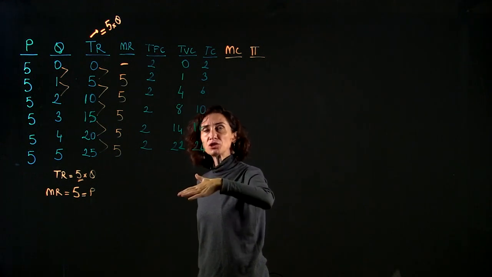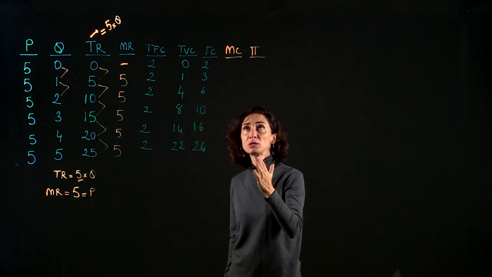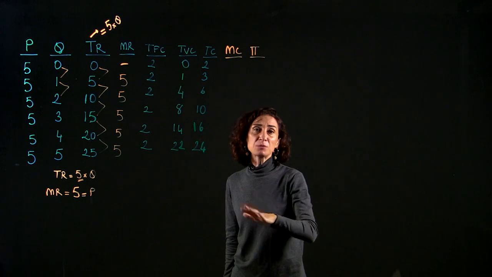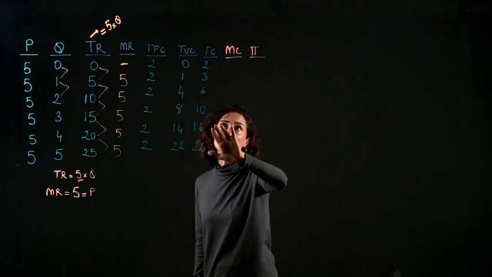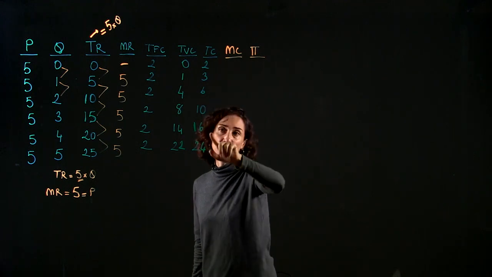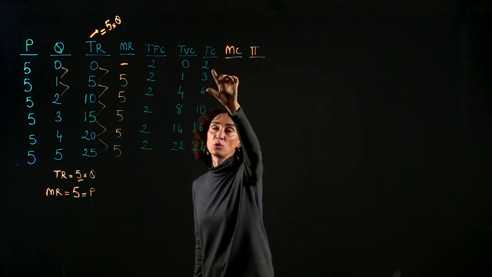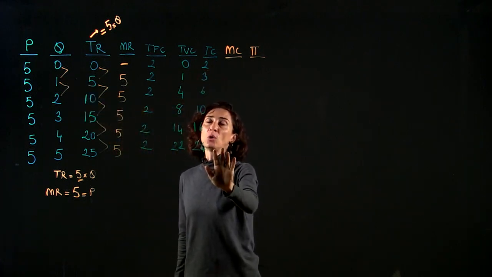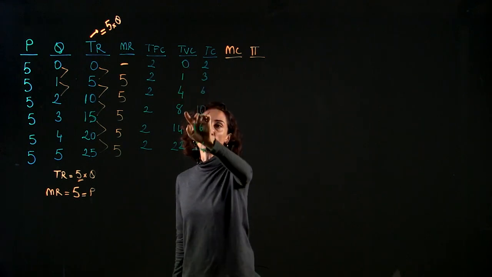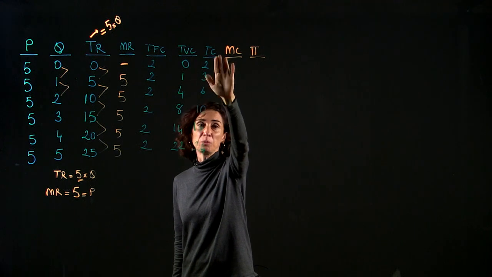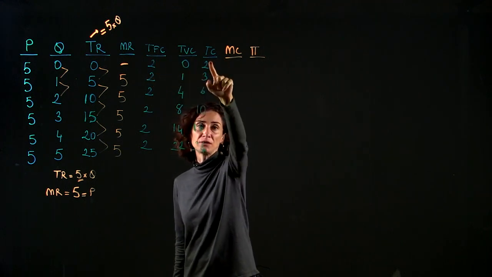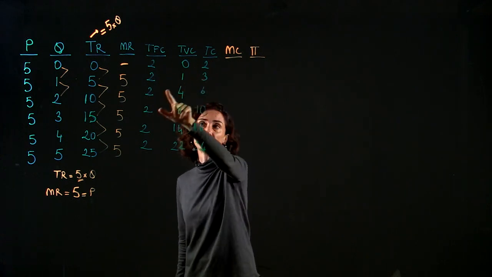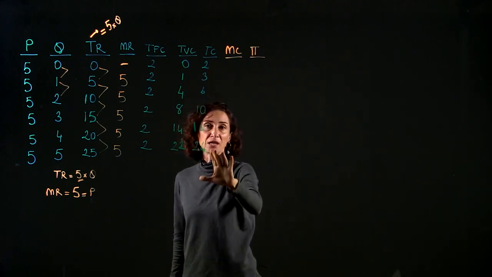In reality, total cost first goes up at a decreasing rate, then at an increasing rate, but it doesn't really matter. In this example, total cost is going up, and the change in total cost with respect to change in quantity is increasing. How do I know? Total variable cost is increasing. How did I find total cost? By definition, it is total fixed cost plus total variable cost. So I wrote these numbers: 2 plus 0 is 2, 2 plus 1 is 3, 2 plus 4 is 6. These are the summations.